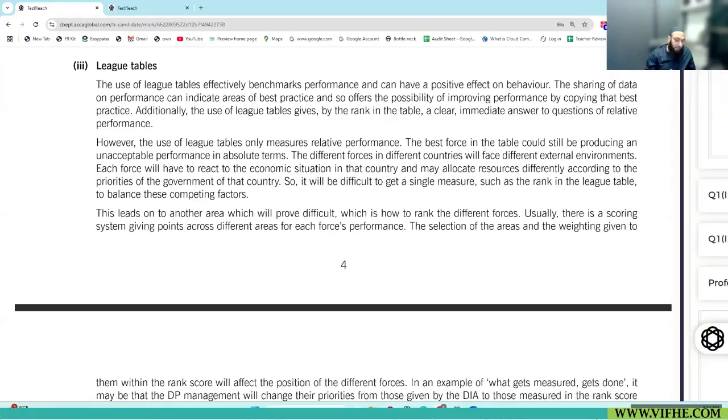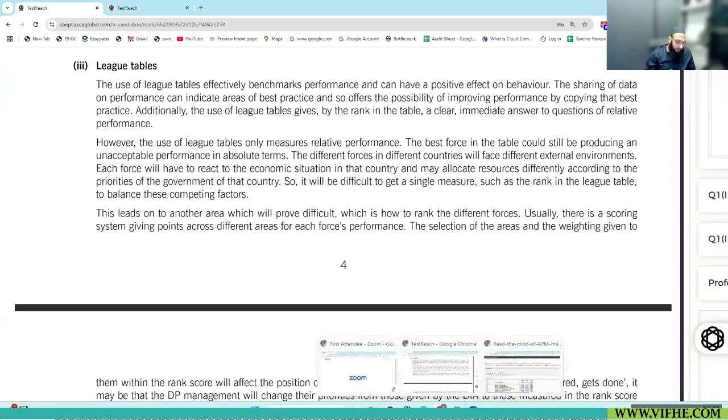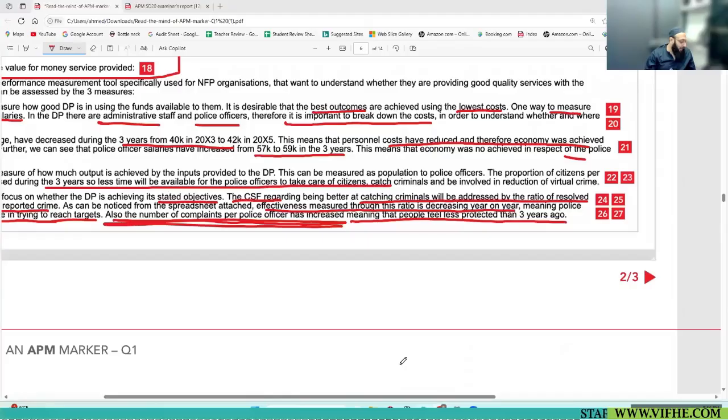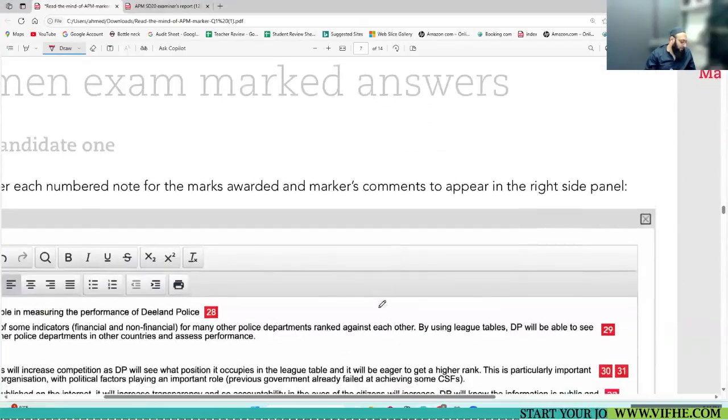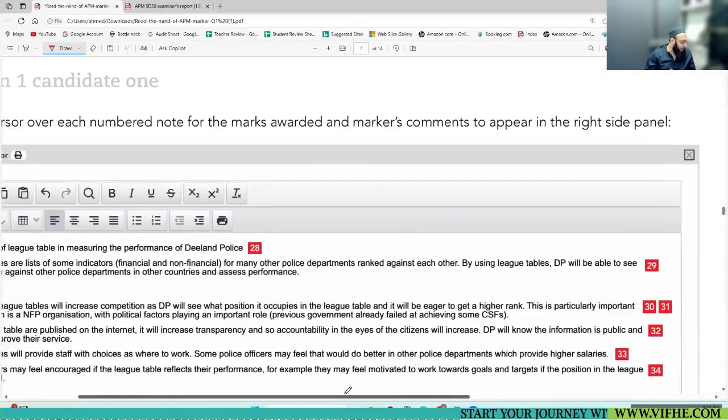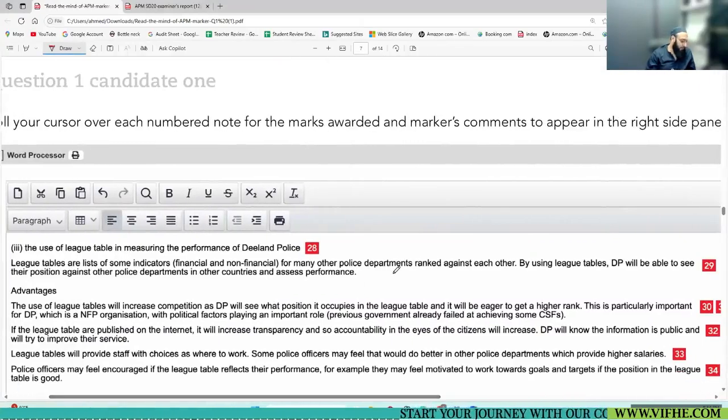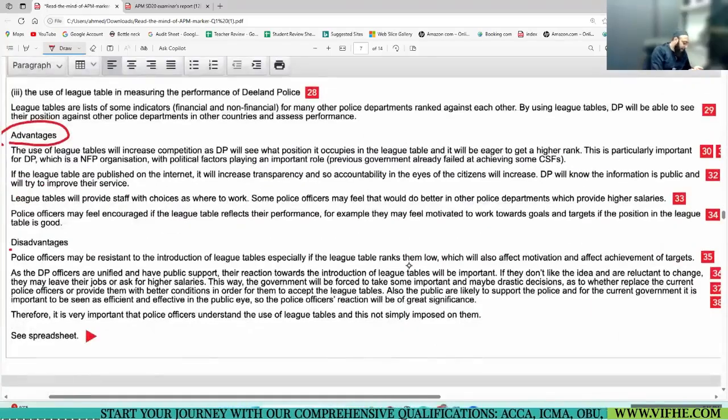But I'm shocked to see the official answer done by the student was one where the student used headings like advantages and disadvantages. That's fine, I'm not against it.